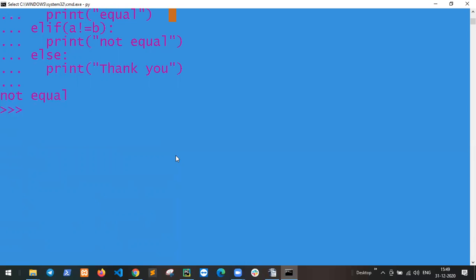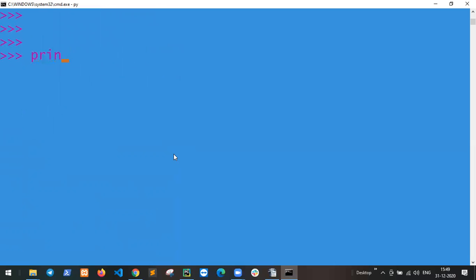If I print true equal to 10, boolean to integer, so the result is false. True means 1, and 1 equal to 10 is not equal, so the result is false. If I say true equal to false, the result becomes false.